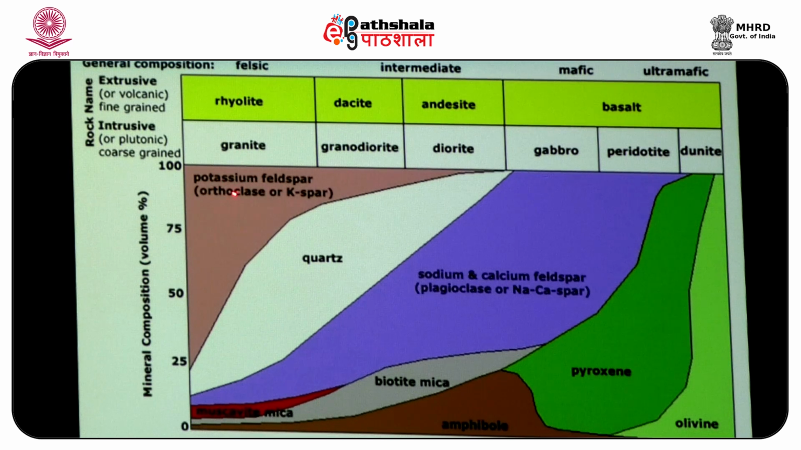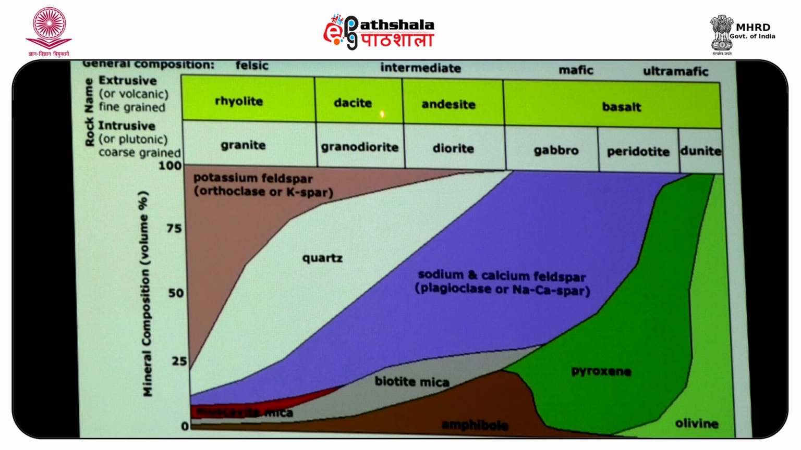composition will be orthoclase, quartz, albite or sodic plagioclase, and muscovite, and to some extent biotite, and to some extent also amphibole. So, this is the more silica rich rock. Now, this is intermediate, which is granodiorite as the plutonic rock, its equivalent dacite as the surface or the extrusive